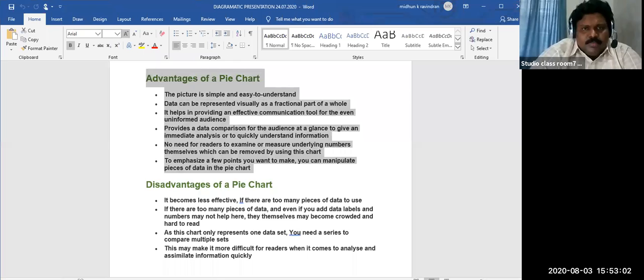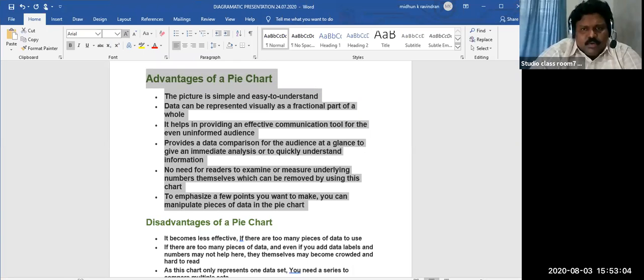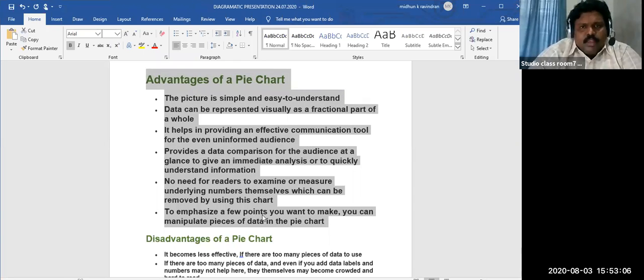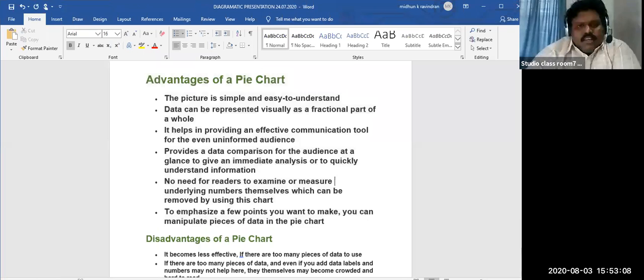Are you able to see now clearly? Okay, so here it is. Second point, data can be represented visually as a fractional part of the whole. Third one, it helps in providing an effective communication tool even for an uninformed audience, or even a layman. Uneducated people are also easily able to understand the data presented through a pie diagram. And the fourth point,